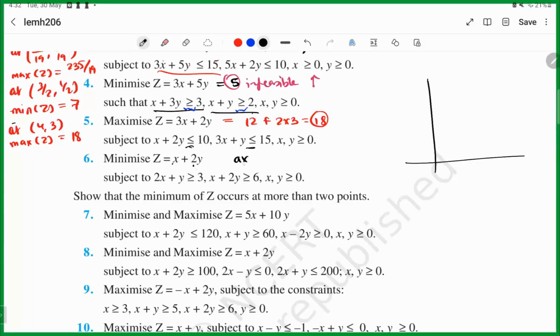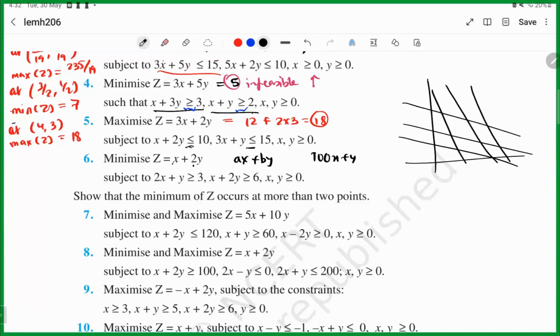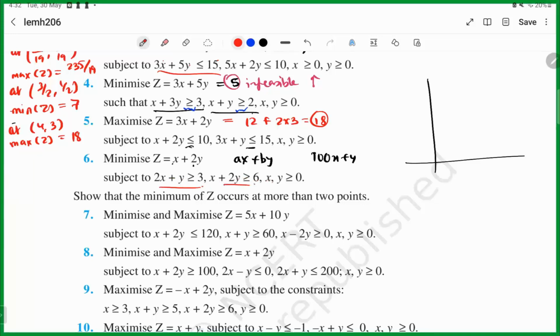Numerically, when you have something like ax plus by, you can imagine that this line is going to be quite flat, right? At the same time, something like 100x plus y is going to look very steep. And so now you can see kind of the trade-off, right? In any sort of constraint which you have here, let's try to detail the constraint. Okay, here, unfortunately, I think the constraints are fine. So 2x plus y is greater than or equal to 3, which means that the curve is going to look steep like that. x plus 2y is greater than or equal to 6. So the curve is going to look kind of flat. Okay, how flat? Well,